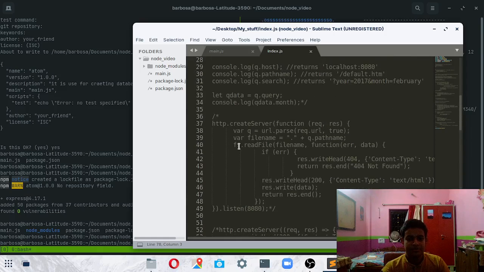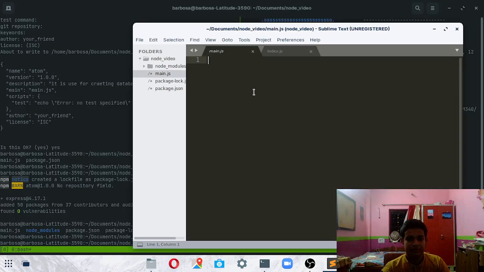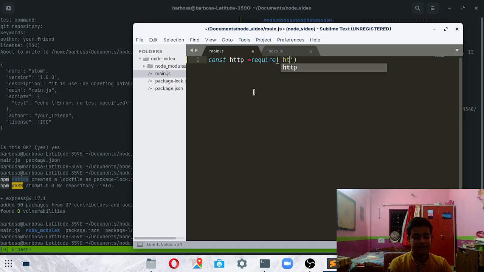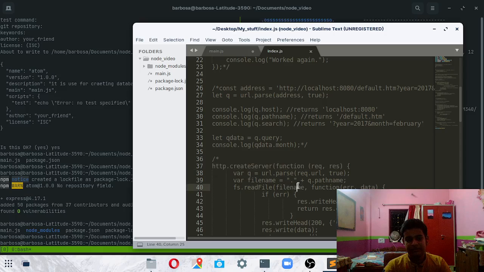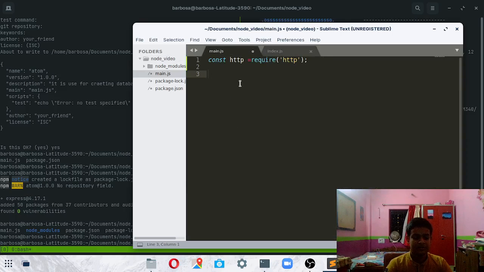First of all, we are going to use const http equals require http. If you don't know what all these things are, don't worry, we are just creating a server. You can reference my cheat sheet, and if you want a video on Node.js completely explained, let me know.